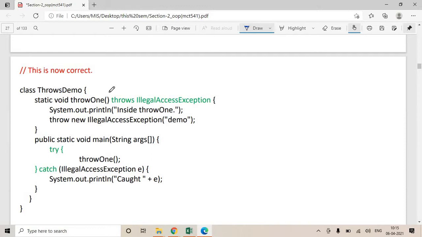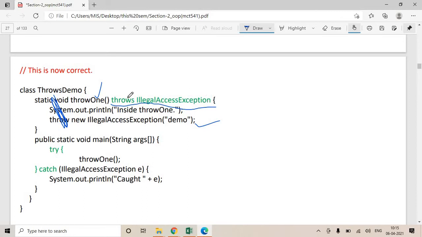This is now the correct program. The same program we have written, the only addition is the green letter part. So here throw1 is a function which throws this illegal access exception, and here it does not handle it. So here we are not writing try catch blocks. To mention that, we have added throws illegal access exception.